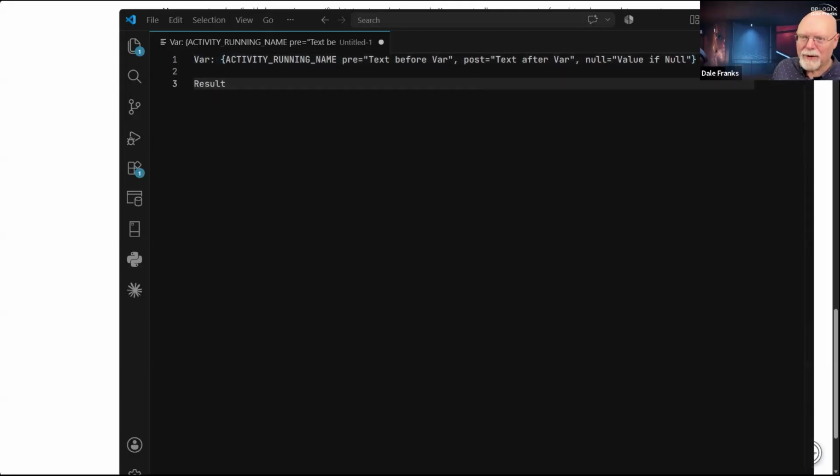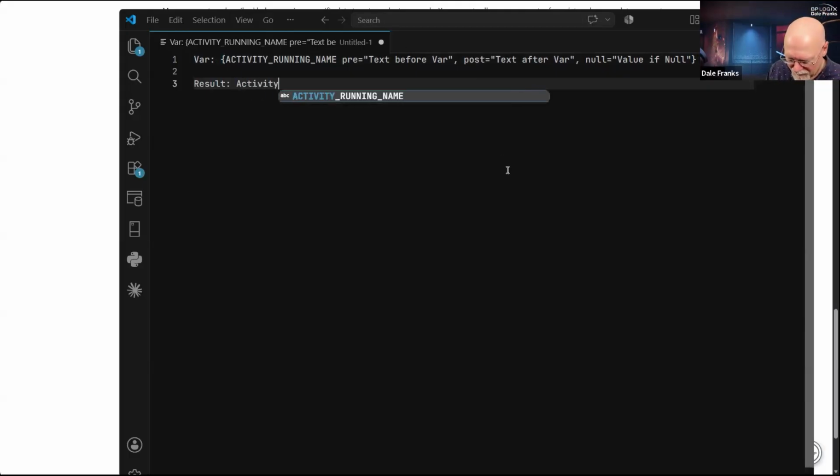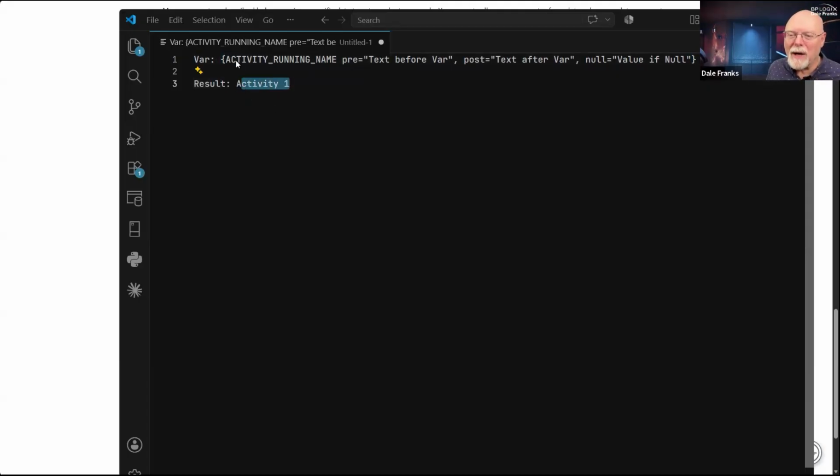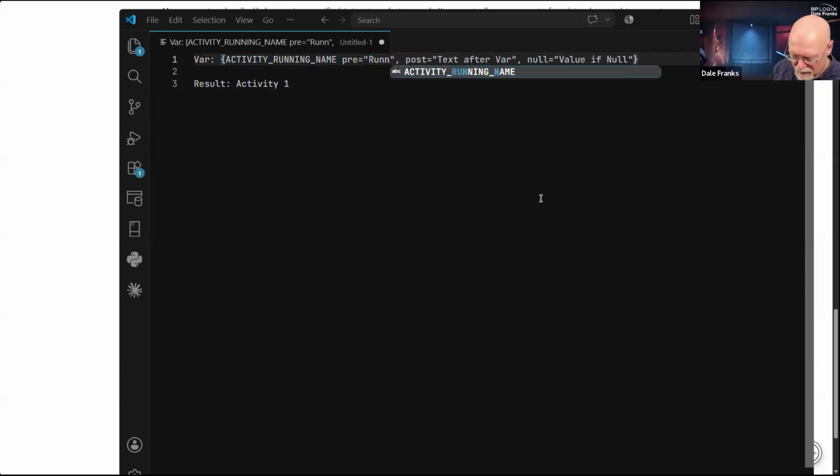And here's the result. Let's say we're running in an activity called activity 1. This is what I'm going to see if I just use activity running name. But for my pre, let's say I want to set it to running activity, colon, space.